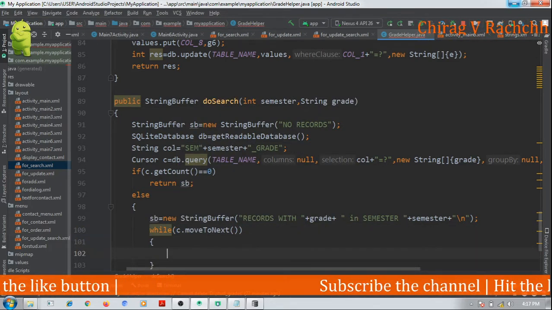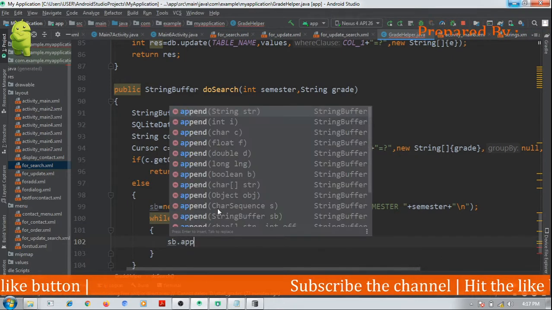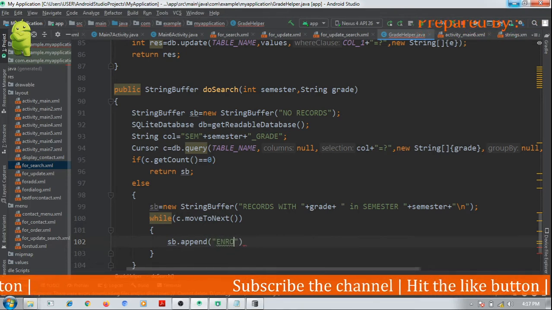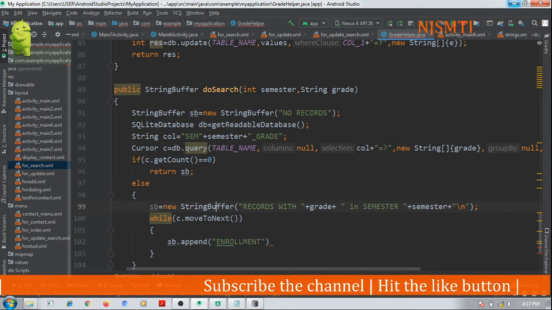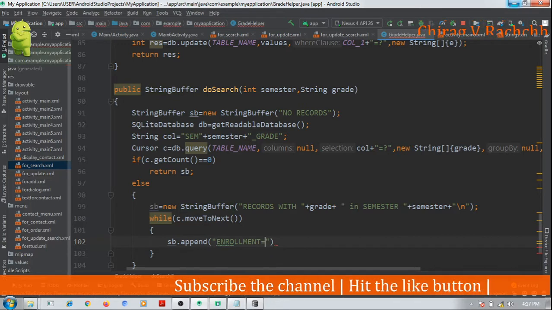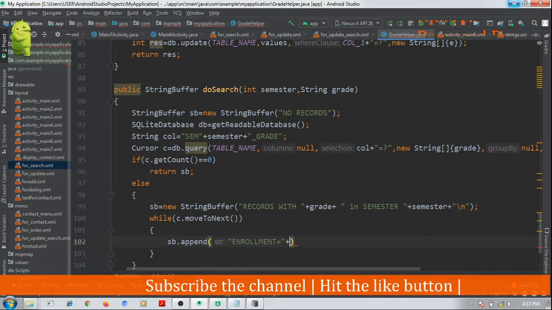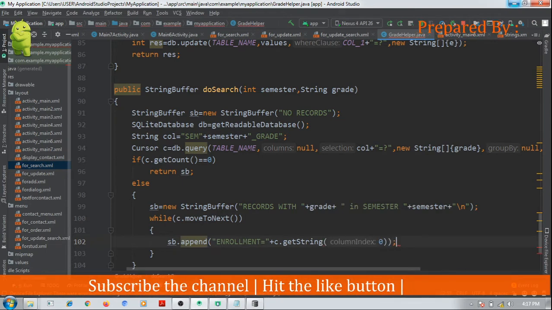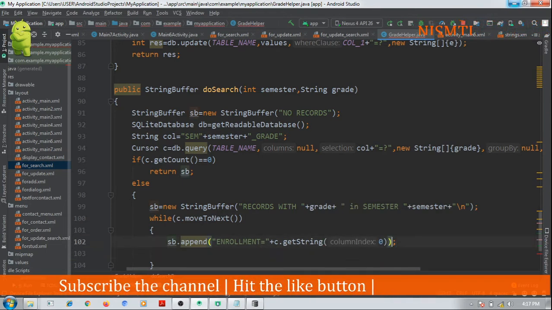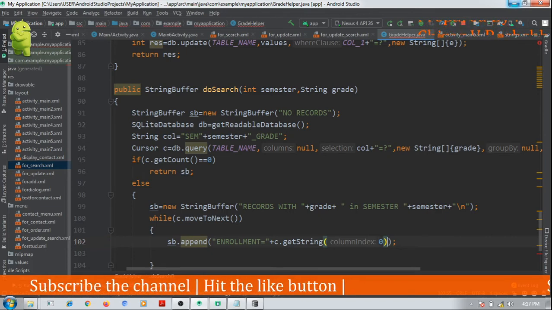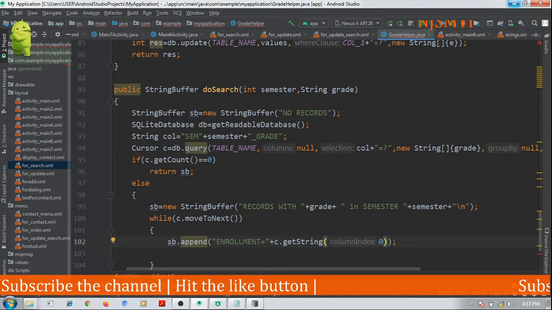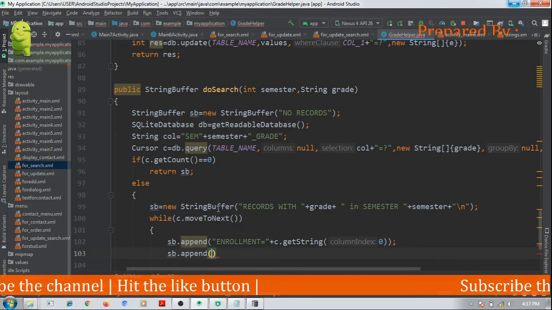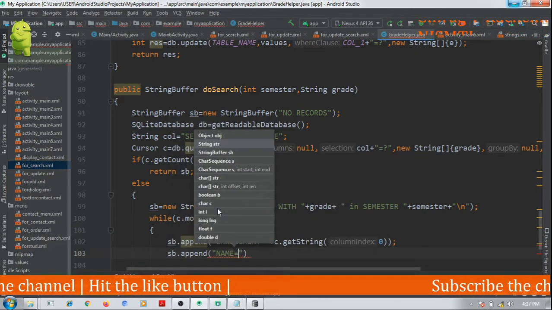Okay, sb dot append enrollment is equal to, then concat c dot get string of 0, then sb dot append name equal to.